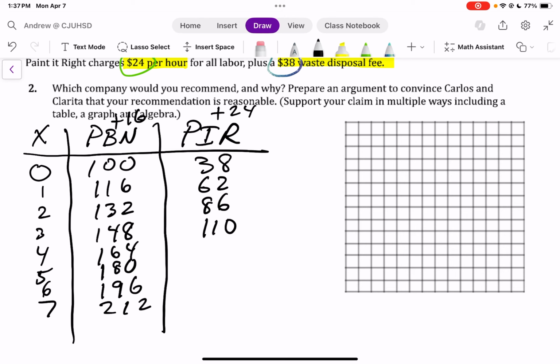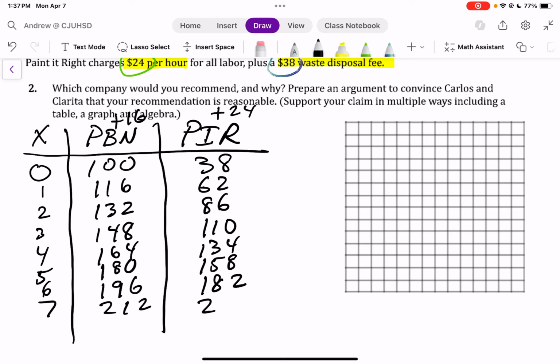This is an arithmetic sequence. Oops, wait a minute. 110 and 24, that's 134. And then another 24. 158. 182. Okay, so up to now, Paint It Right has been the cheaper company, but then,